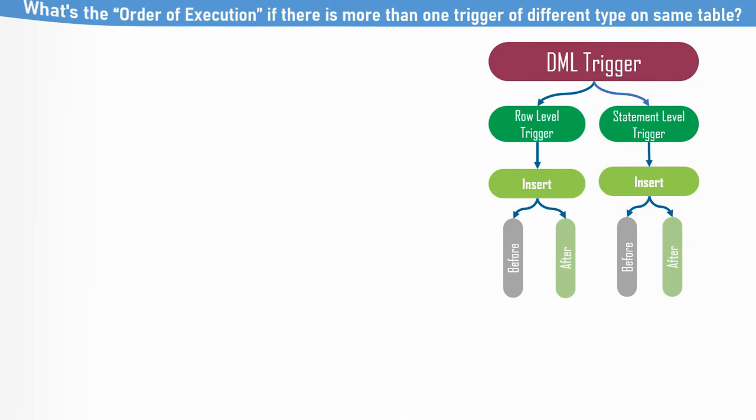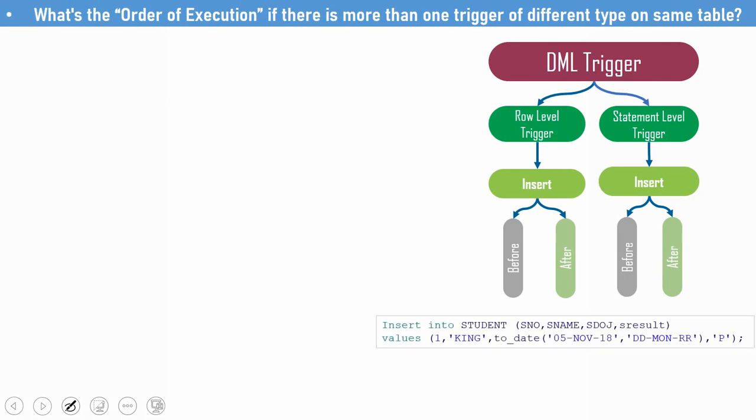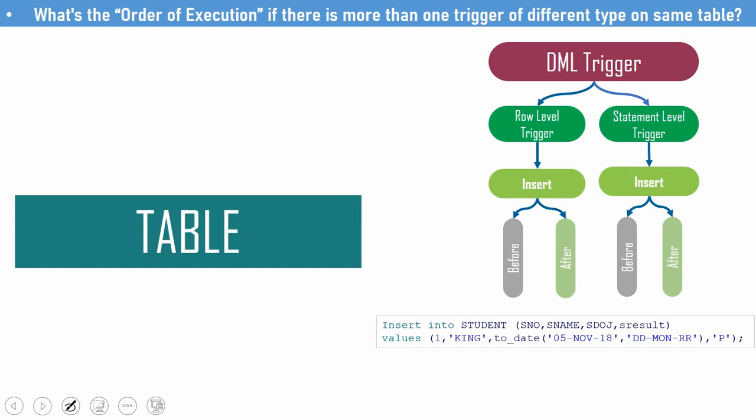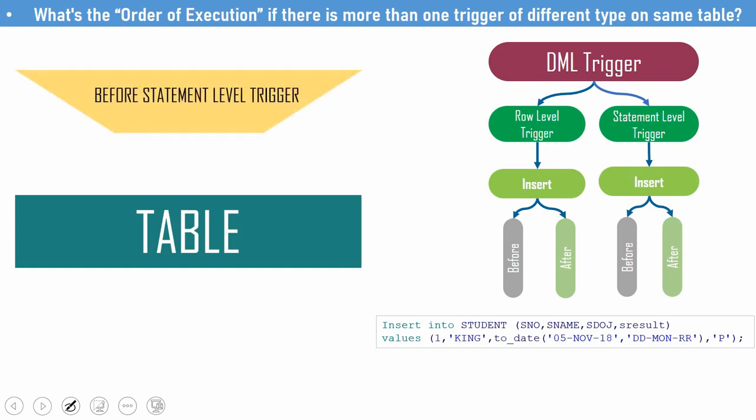First, let us start with a very simple insert statement. If you are doing an insert into this table, what will happen? As I told, when we are doing an insert operation, whatever insert related triggers are there will get fired. In our case, we have all the 4 insert triggers: the before statement insert trigger, after statement insert trigger, similarly the before row level insert trigger and after row level insert trigger. Let us see the order in which these triggers will get fired. The first trigger that will get fired is the before statement level trigger, followed by the before row level trigger.